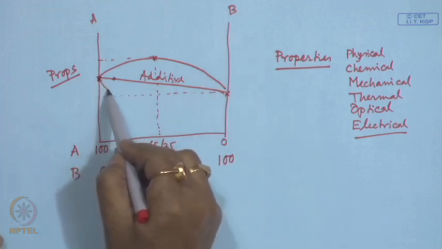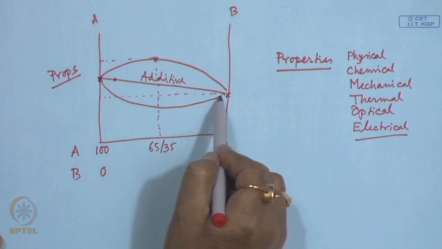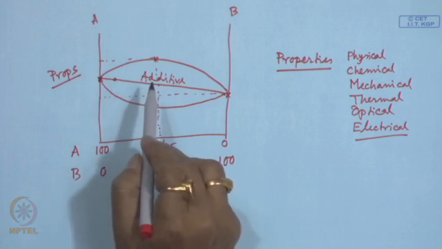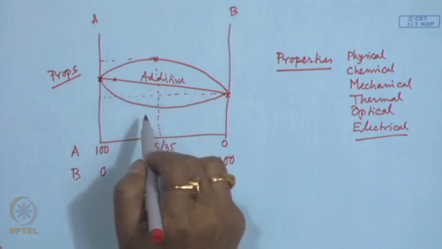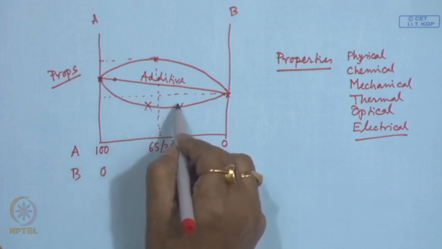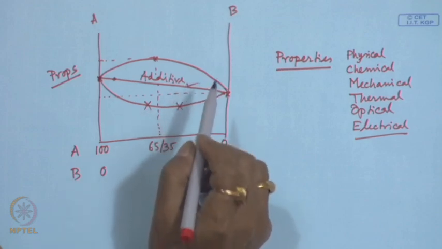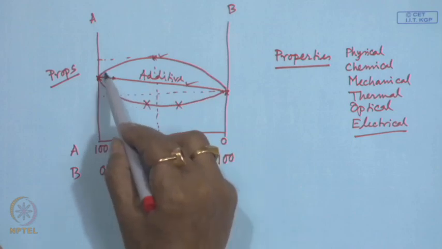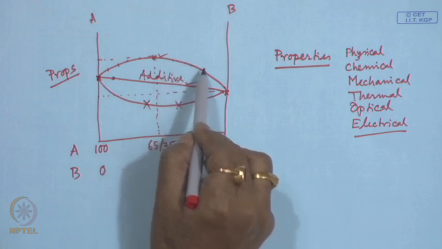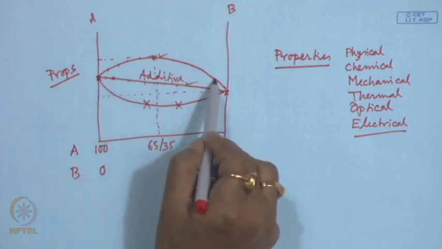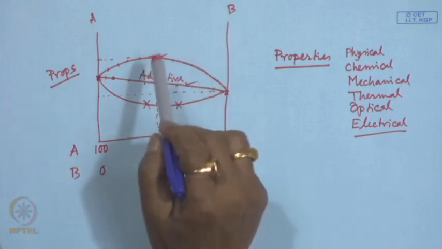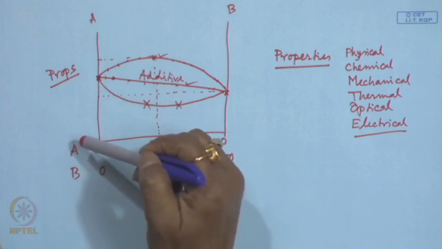There can be another situation where these properties line remain below the additive line. That is this system may not be useful, whereas this can be useful or this can be useful at certain composition. At any composition this is also useful. So, we can remain at any point where you like or any point where in the additive case we can remain. So, this way we can get improved properties by blending of the component polymers A and B,